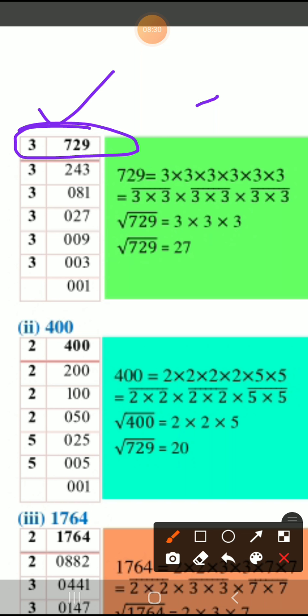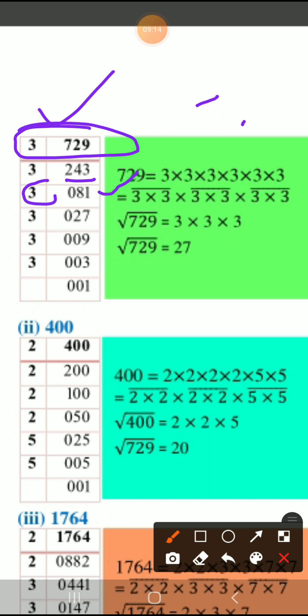So first we divide it by 3. Okay, 3 2s are 6, 1 remaining, so it becomes 12, and 3 4s are 12, and then 3 3s are 9, so 243 comes. Then again we divide by 3. When we divide it by 3, it comes as 24. So the first number we cannot divide by 3, right? So we'll take a 0 here. And then 24, two numbers we have taken. So 3 8s are 24, then 3 1s are 3.